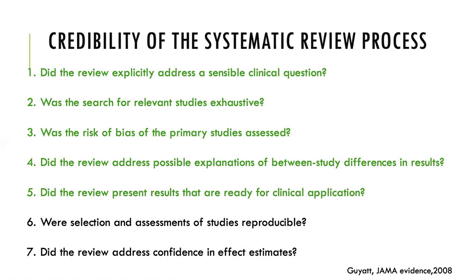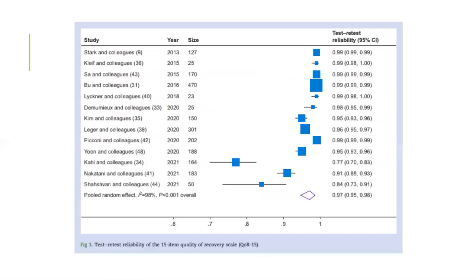And lastly, did the review address confidence in effect estimates? That they did manage to do as well, and I will show you in subsequent slides. So they compiled a forest plot from the different studies. In this particular forest plot, they were looking at the retest reliability of the 15-item quality recovery scale. There was a clear signal that this scale has good retest reliability, as it is more than 0.8,